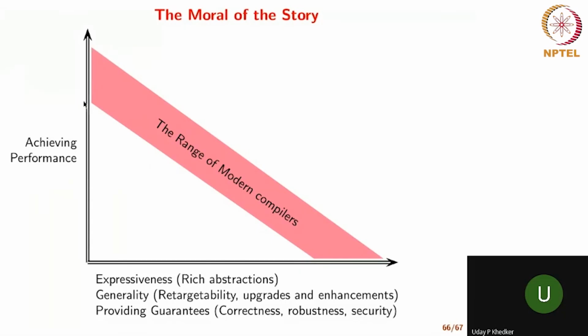At one end, you can imagine that you simply write an assembly language program, and at the other end you write a very high level language program. This chart shows that the reason we are unable to achieve performance with expressiveness is because the architectures are crazier. As soon as we understand some features of an architecture, people come up with a new set of features. That's the reason why I drew this graph this way.